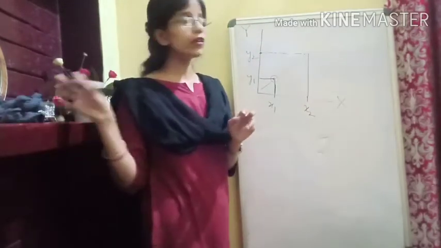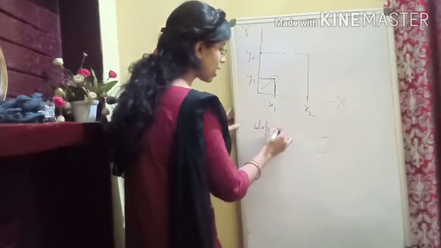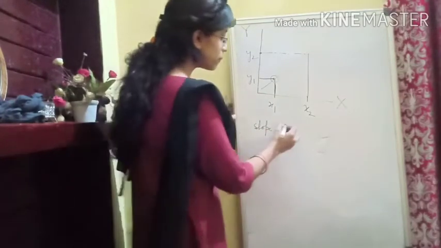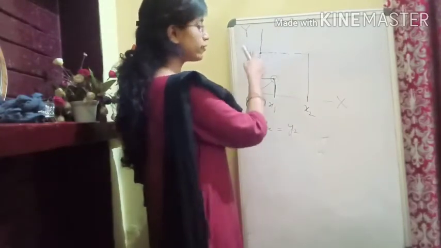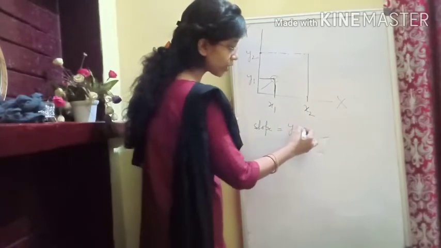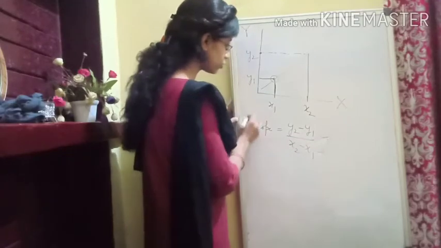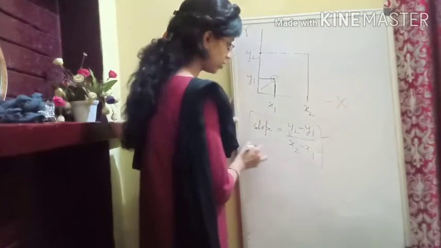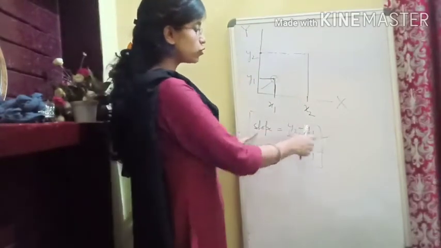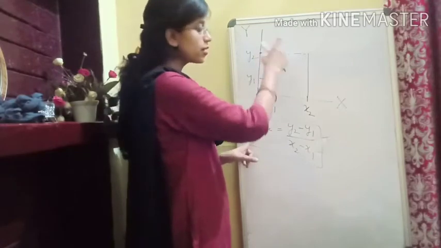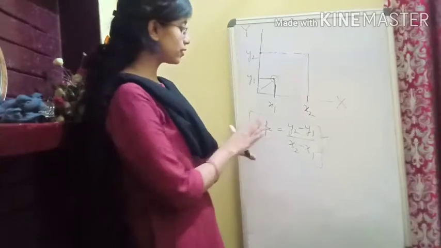So we are going to calculate the slope of the line. Actually, since we are taking 2 points x1, x2, y1, y2, its slope is y2 minus y1 upon x2 minus x1. This you should remember: how to calculate the slope of a given graph or given line. Simple. The points we are taking on the y-axis and the points we are taking on the x-axis. For your class, I think this is enough to know.